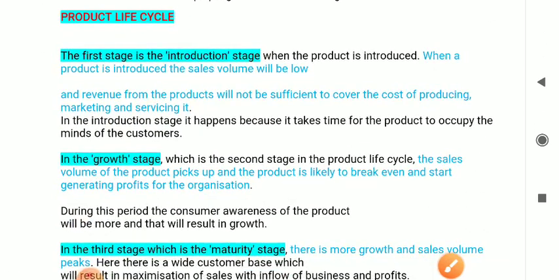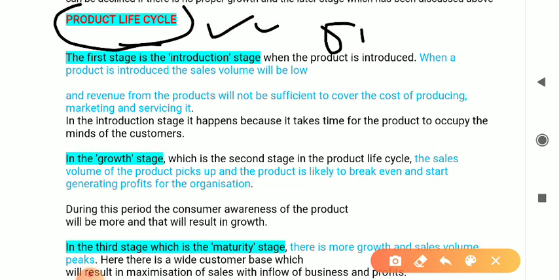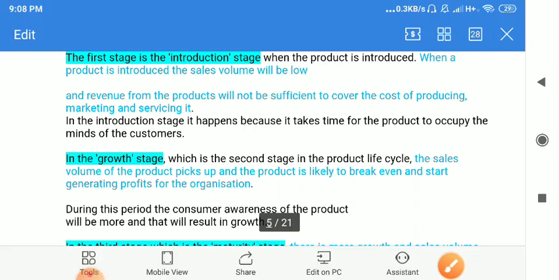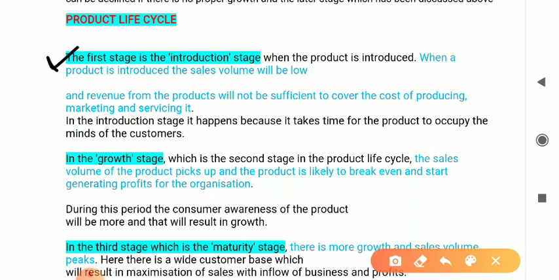So let me discuss in a very short format the product life cycle. This is very important. In this you can expect a 5 mark case study, right? So here the first stage is the introduction stage. When the product is introduced, the sales volume will be low, we have already discussed. Then next will be the growth. In this stage of the product life, the sales volume picks up,